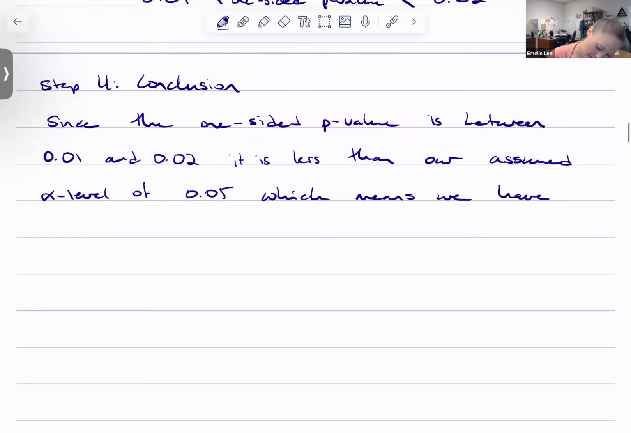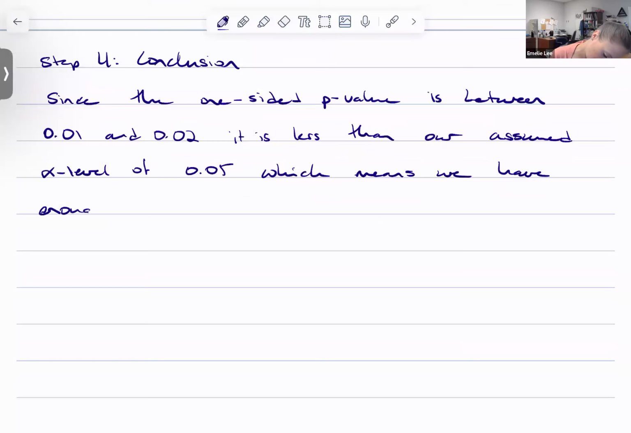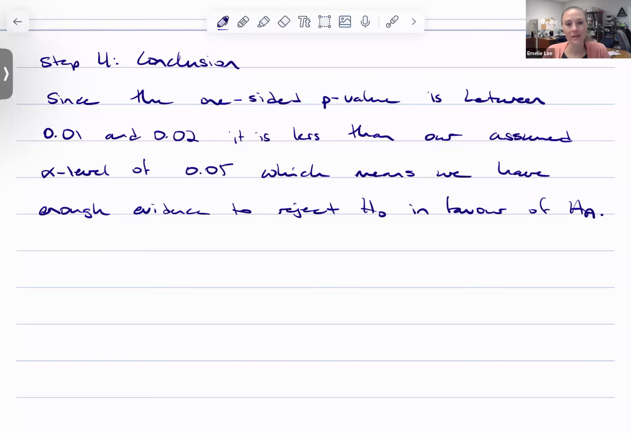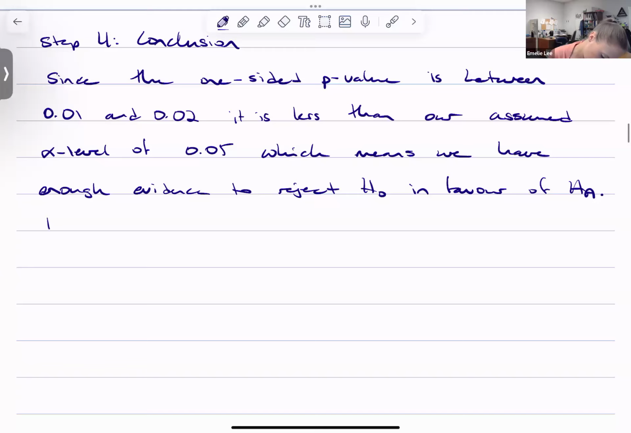Which means we have enough evidence to reject H naught. And if I'm rejecting it, then I should probably say in favor of what? In favor of the alternative hypothesis, in favor of HA. And then, of course, in terms of the question, so now, therefore,